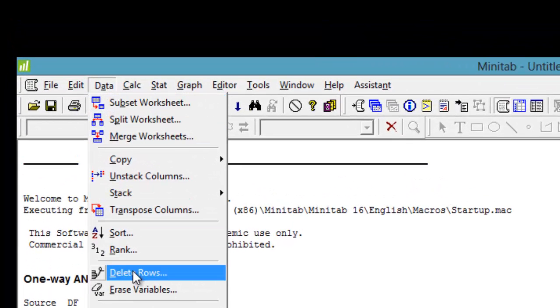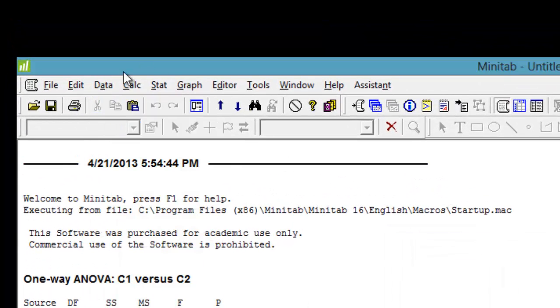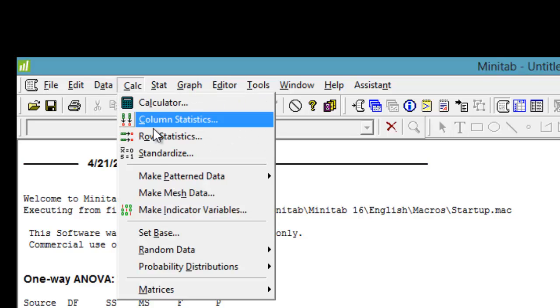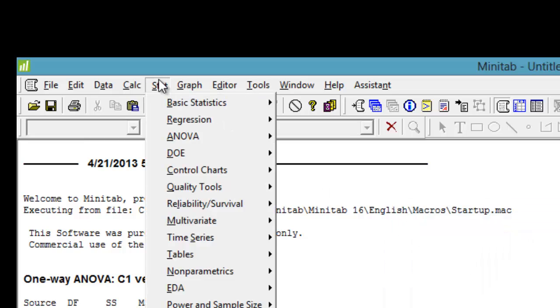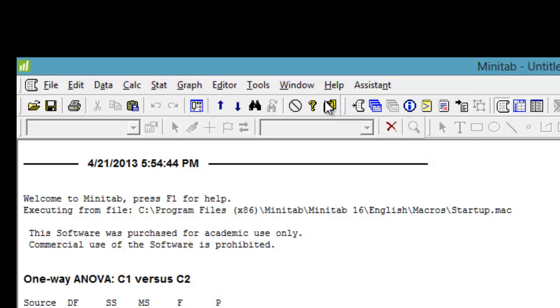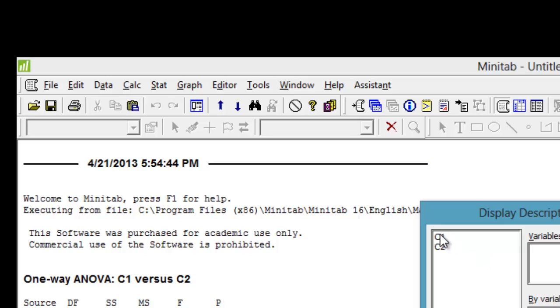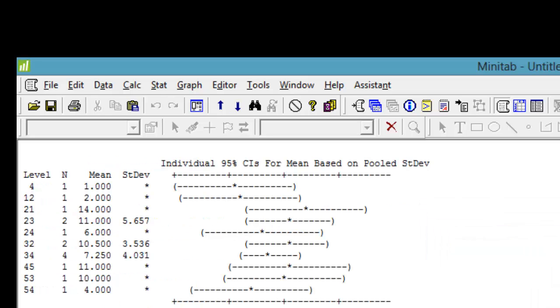We can see what else is in this data. We can delete rows. We can go into Calc and go into the calculator, and you can just do whatever kind of equations or calculations you have to perform. You can go into Stat, and we can go into Basic Statistics and Display Descriptive Statistics, and this will just tell you the mean, it'll tell you the variance and all the standard deviations. So there's all the different standard deviations and means of all the different columns, and how many